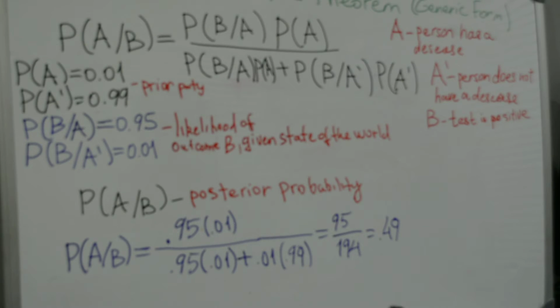But with some additional information on the given experimental outcome, we update our posterior probability and obtain a knowledge that given that test is positive, the person is likely to have 49% of chance to have that disease. Okay, I hope this makes sense,